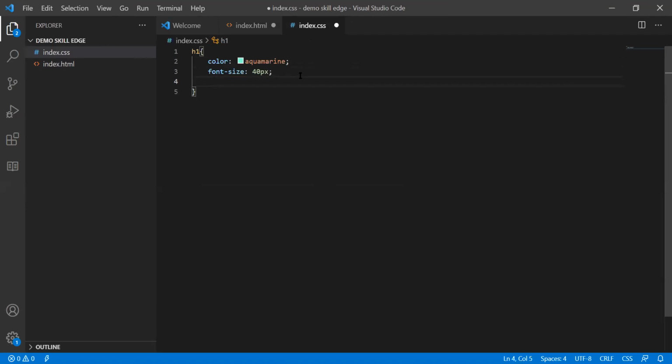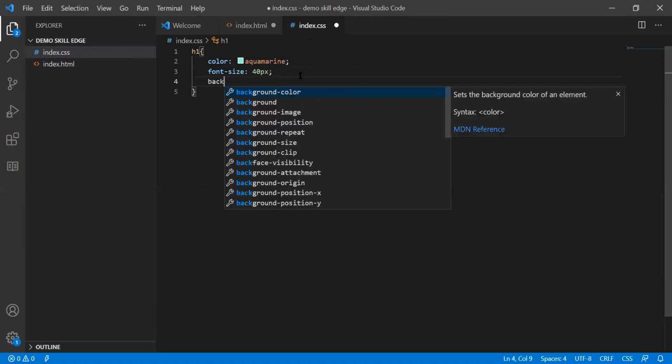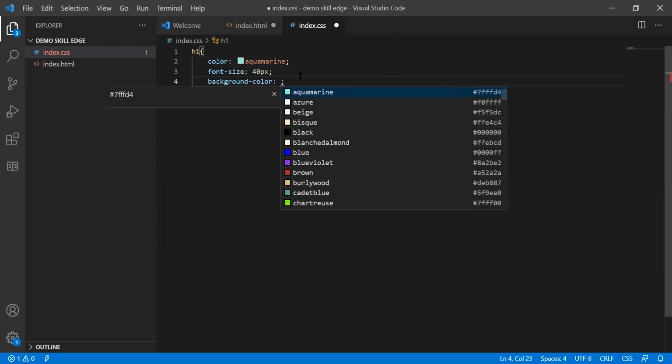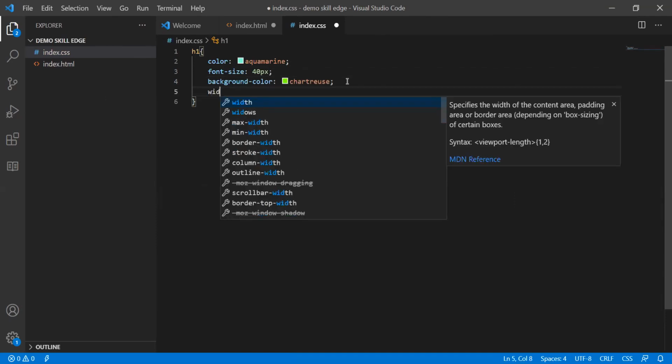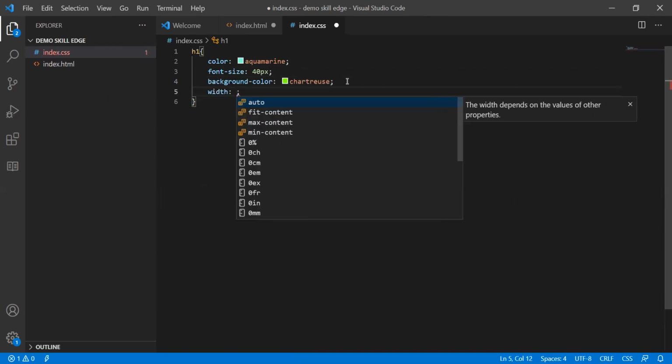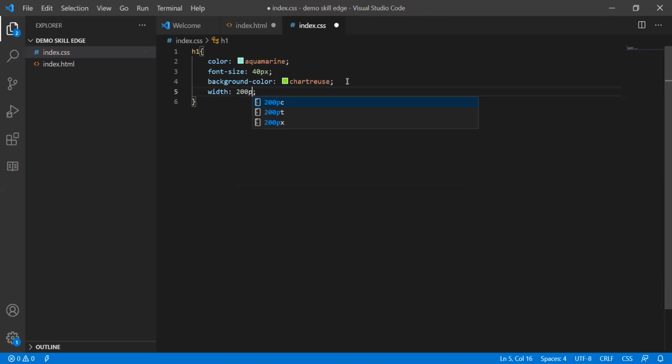With this, we will apply some more background color, and width I will give as 200 pixels.